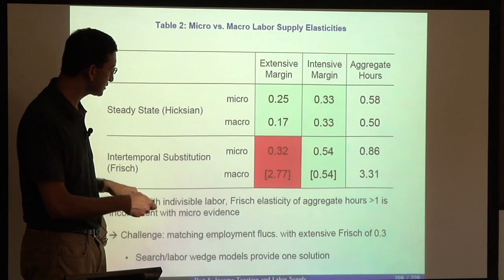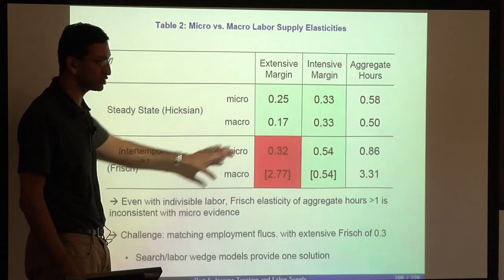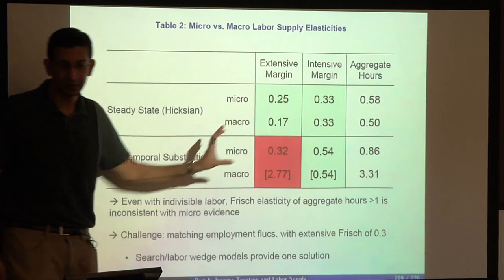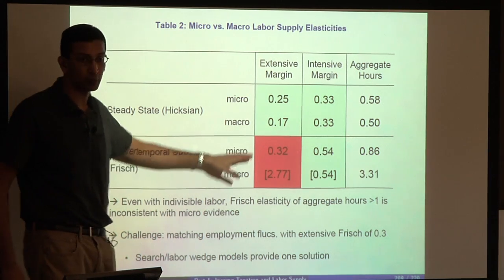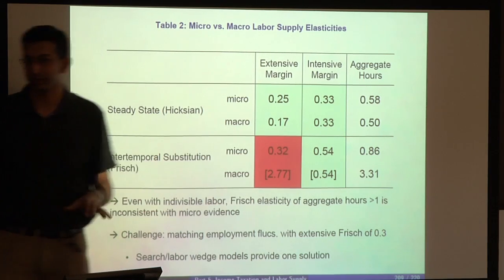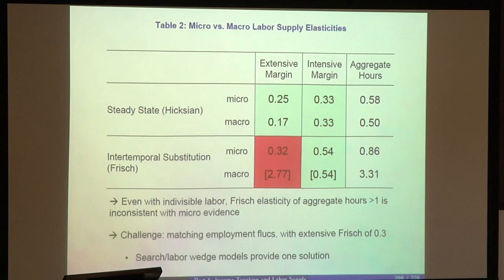There's a limited amount of evidence on the intensive margin Frisch elasticity. I'm not sure if we're way off there; it's not totally clear. But where we're clearly way off is this red box here, where the micro estimates seem like 1/10 as large as the macro estimates, and optimization frictions are not going to explain that. So the key lesson is, even if you have indivisible labor, even if you account for the frictions, a Frisch elasticity of aggregate hours of more than 1, which is what you need to explain the dramatic fluctuations in hours over the business cycle in a real business cycle model,